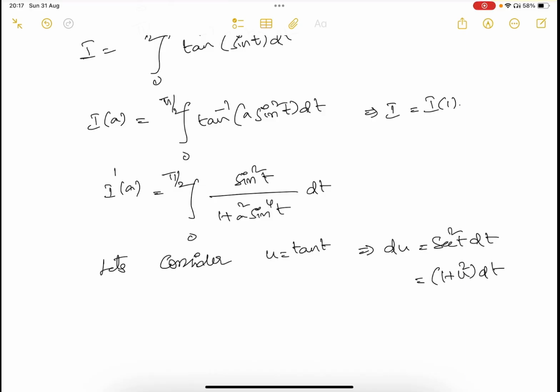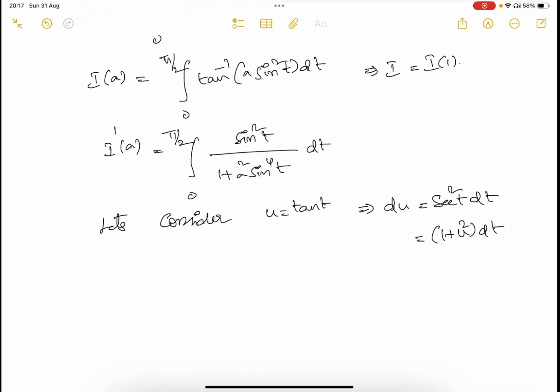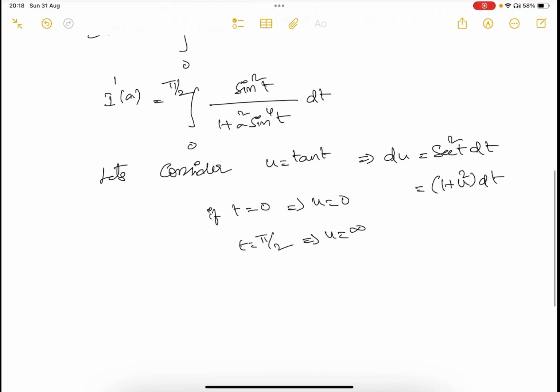Fine. Then what about the limits? If t equal to 0, u will be 0. If t equal to pi by 2, then u is infinite, right? Tan pi by 2 is infinite. Then I dash of a equal to 0 to infinity,